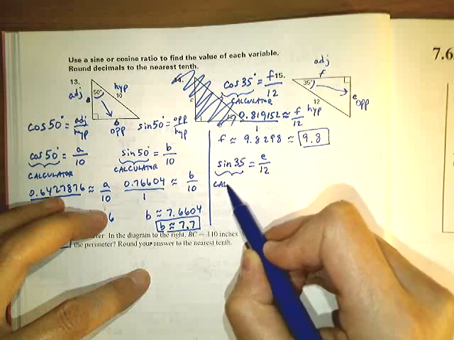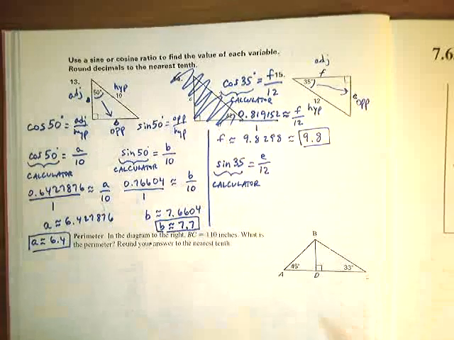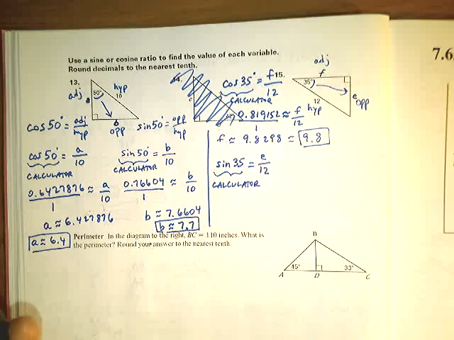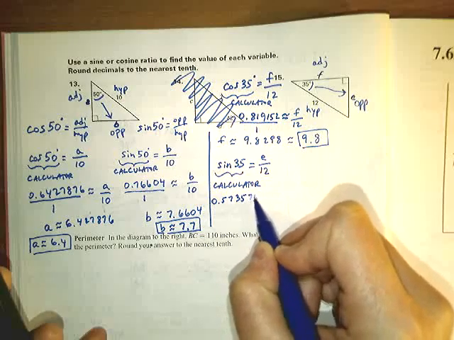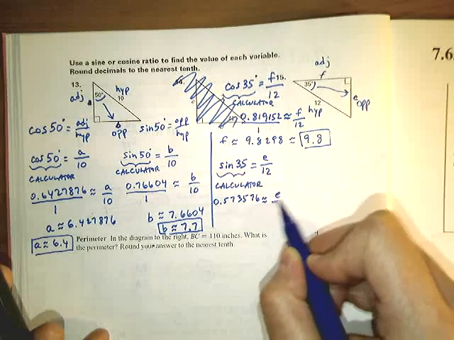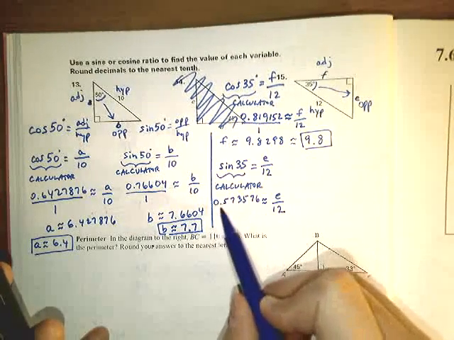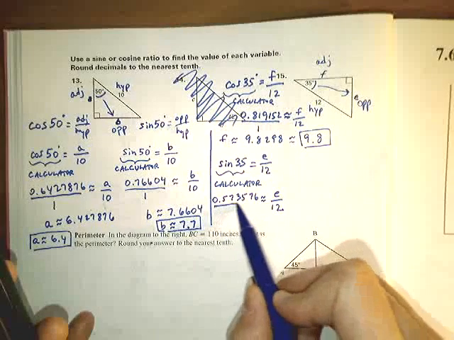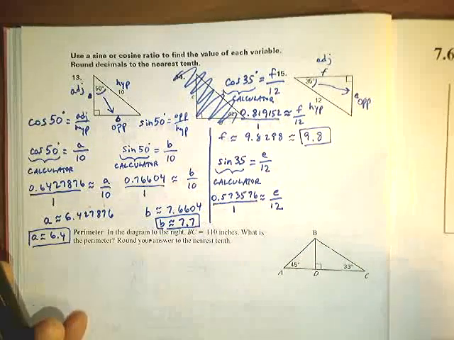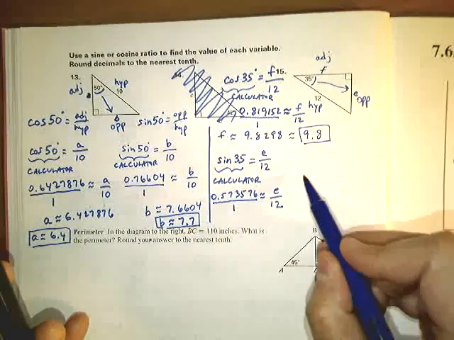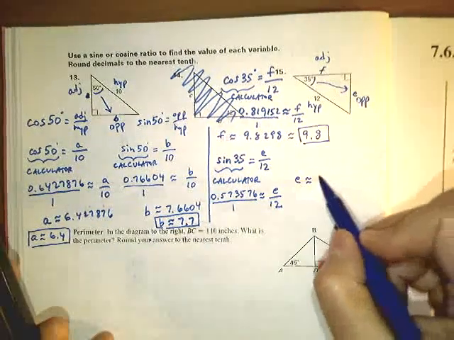So I can begin solving by taking my calculator and finding the sine of 35 degrees. Sine of 35 degrees is 0.573576 approximately. And then I want to create a proportion, which means that I have a fraction on one side and a fraction on the other. So this one needs to be turned into a fraction. I can do that by putting it over 1. And then I'll cross multiply. 1 times E is E, and this number times 12 is about